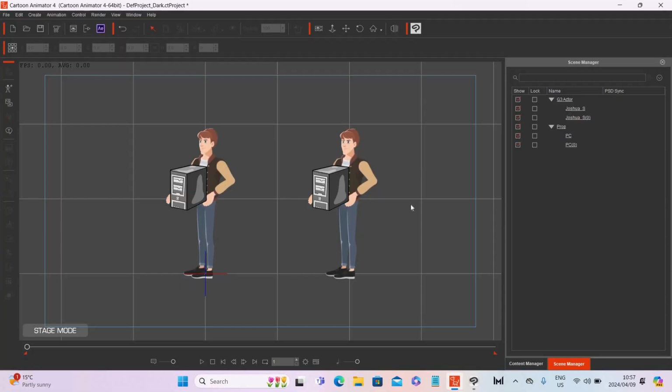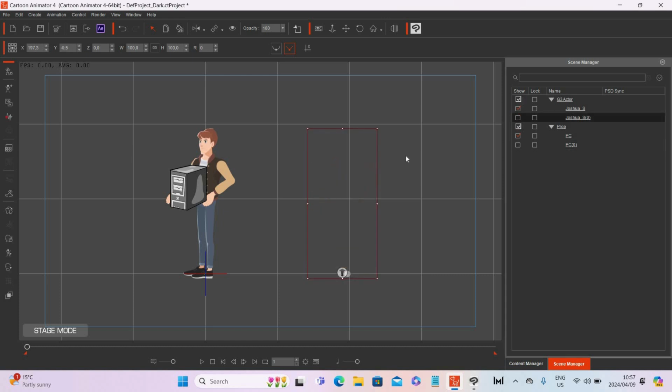Okay, so let's quickly look at something else. Let me just hide this one for now. So here I've got a character holding a PC. Now normally we'll just do it like this, and now he will walk and he will carry the PC, but